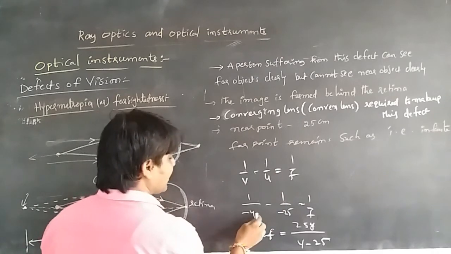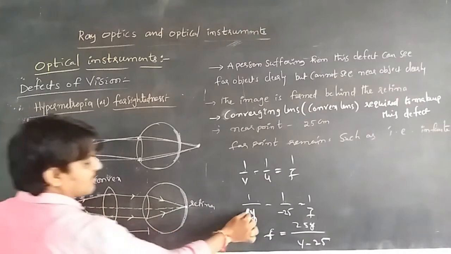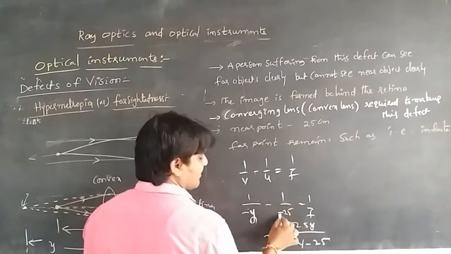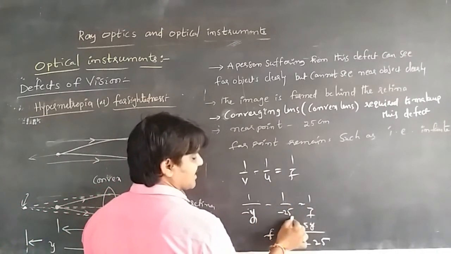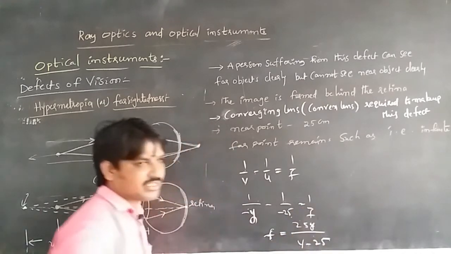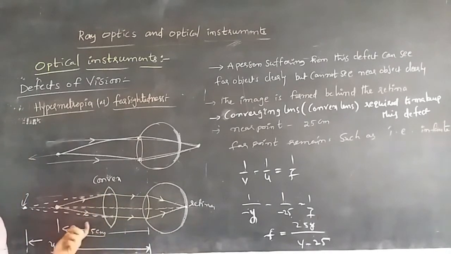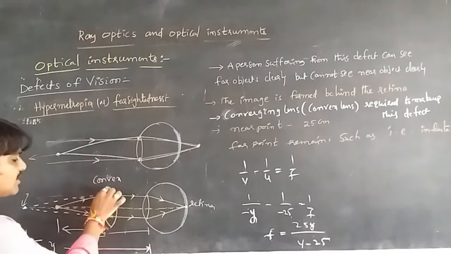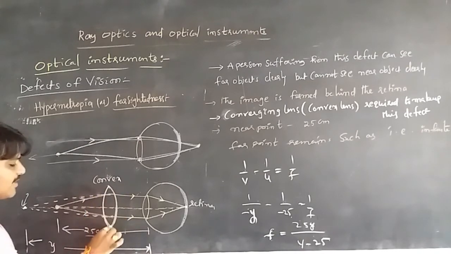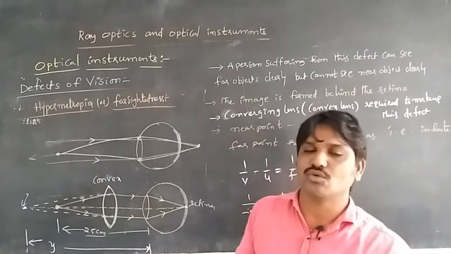Then 1 by minus y, we are taking that the image is formed at a distance y, so that's why 1 by minus y, and minus of 1 by minus 25. From that, by calculation, f is equal to 25y by y minus 25. This is the equation to find the focal length. Then how much focal length of convex lens we require. Only by finding that can we find the suitable focal length of convex lens to reduce